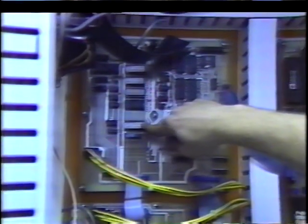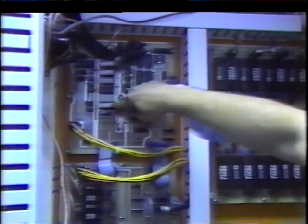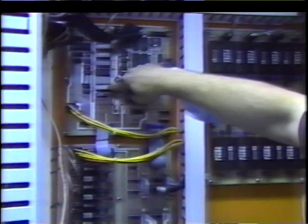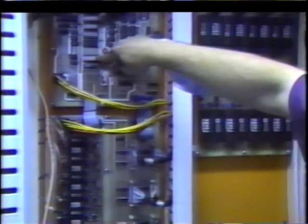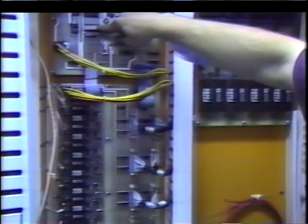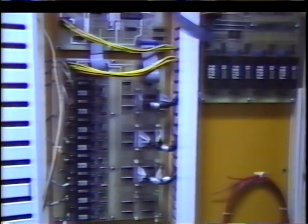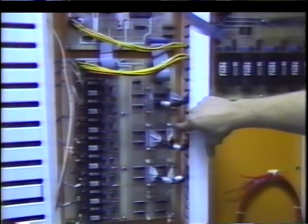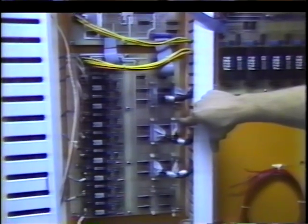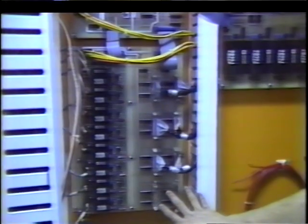This allows the system not to have batteries. If the power goes down, you do not lose memory where you normally do in most other systems. The memory is burned-in memory. We can also change the program by adding an HP71 and using the Williams Sight Logic by plugging into this upper plug, J3. The bottom board of the 3-board set is your discrete I/O on this side of the board